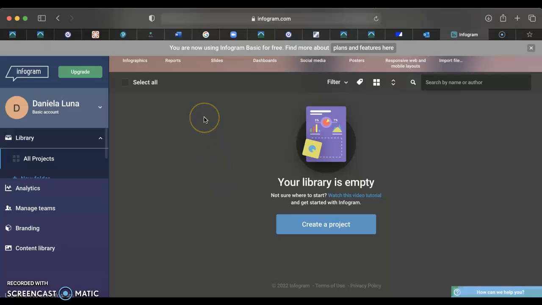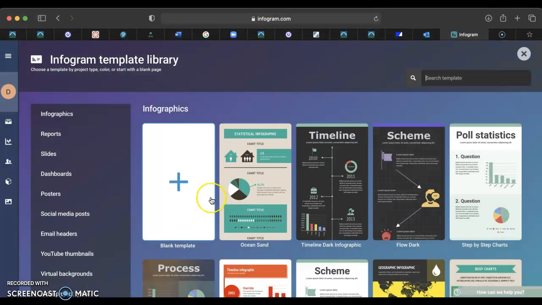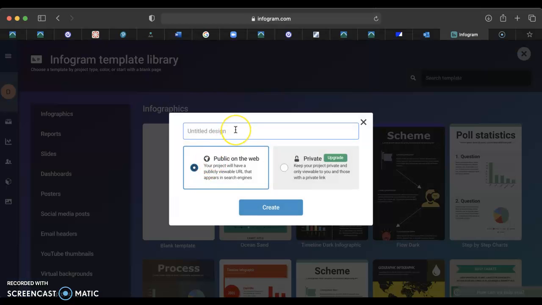I want you to begin by logging into Infogram with your username and password that we created last class. So you're going to go into all projects and then it'll say your library is empty, so we will hit create a project. After hitting create a project, we will select blank template, and this is where we will input our